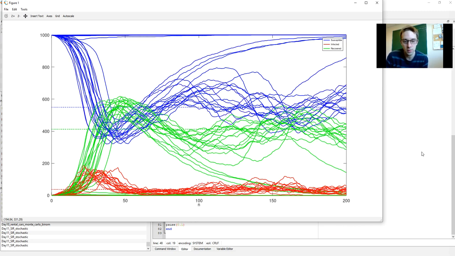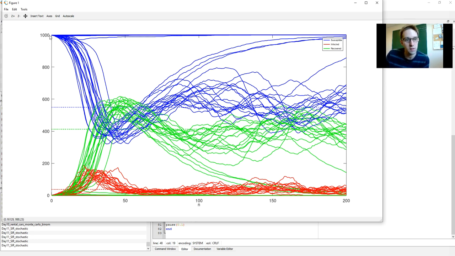Now, in our deterministic model, we would have some sort of sharp rise of the number of infected, then it would go down, and it would approach a fixed point. Maybe there was a little bit of oscillation around the fixed point, but it would always end up approaching it. But here, now that we've incorporated randomness, we can see that there are actually two different types of behaviors going on. You can see this in the blue curve.